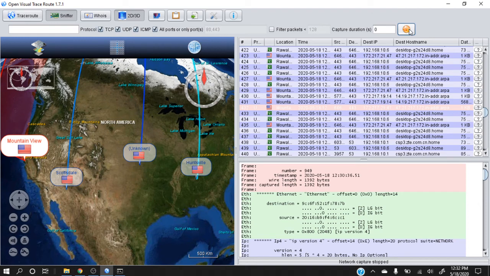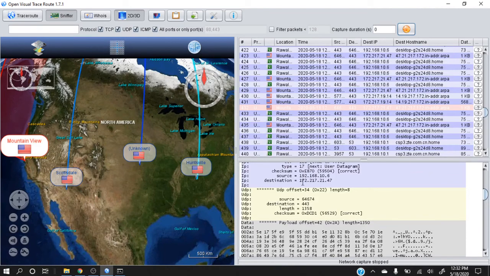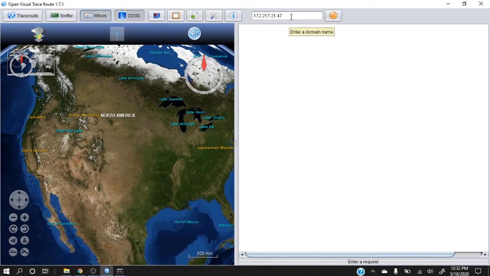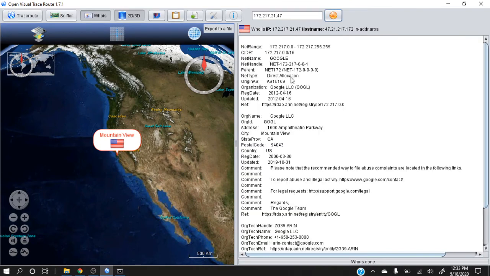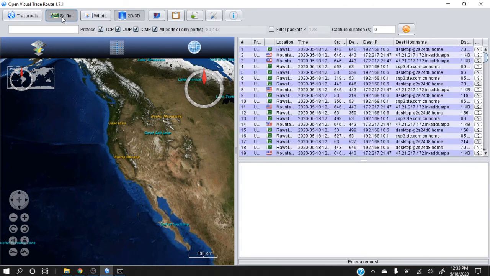Anyhow, you can learn where some specific site is located, and then with the help of whois.com, if you want to know about any destination address, you can very easily copy it from here and paste it on whois, and it will tell you who the owner is and how you can report anything against this owner if you are having any problem. So one is traceroute, one is whois, and the last thing which I will say